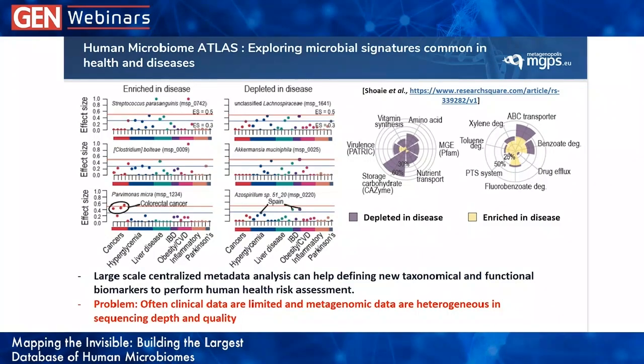And we also identify organisms that are enriched in disease that potentially could be pro-inflammatory, like Streptococcus, some Streptococcus like parasanguinis. And not only can we identify taxa that are enriched or depleted in disease, but we can also find functions carried by these microorganisms that are depleted or enriched in specific diseases. And what we saw in general is that the microorganisms that are depleted in disease usually lack vitamin synthesis and they are enriched in virulence factors. So that could actually induce pro-inflammatory